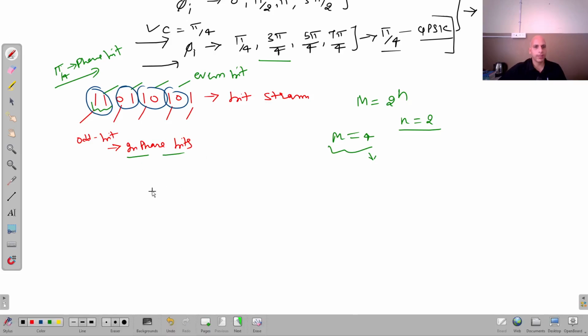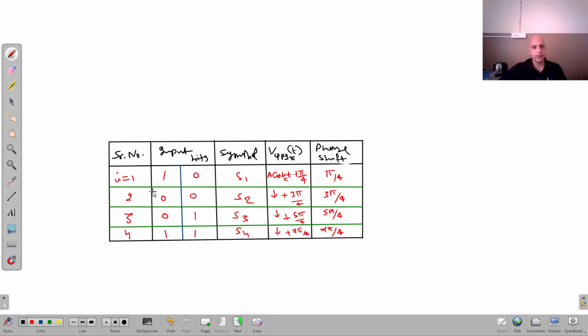So to understand it, let's take this table. In this table, I have taken a bit stream as 1, 0, 0, 0, 0, 1, 1, 1. You can see here in this table how the corresponding symbols, that is levels of the phase and phase shift